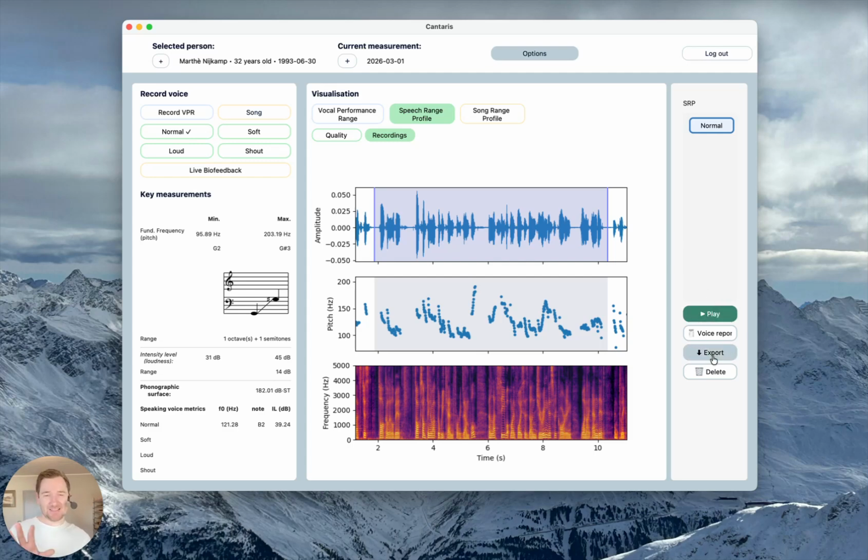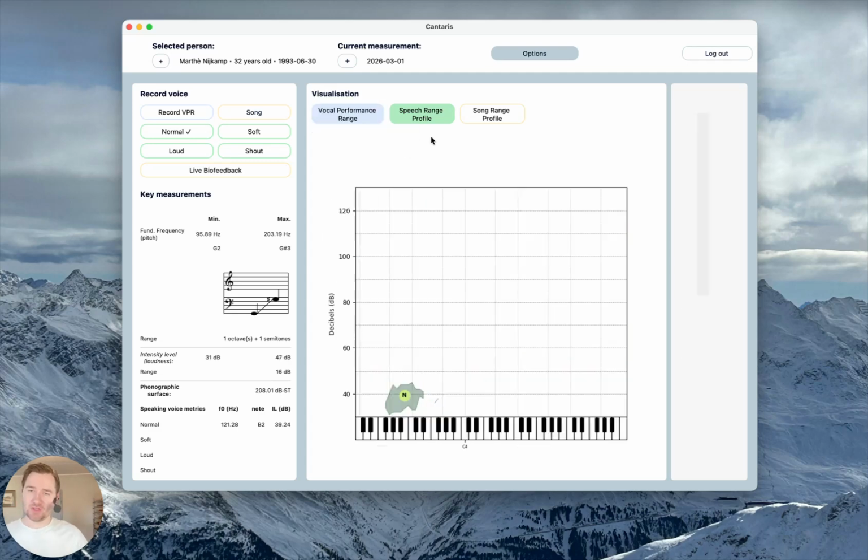I can again export this or delete this, or make, as you would have noticed, a voice report. That's something for another video. And deselect my sound to go back to my main view. So these are the main ways in which we can add a person, see our current measurement, and make some